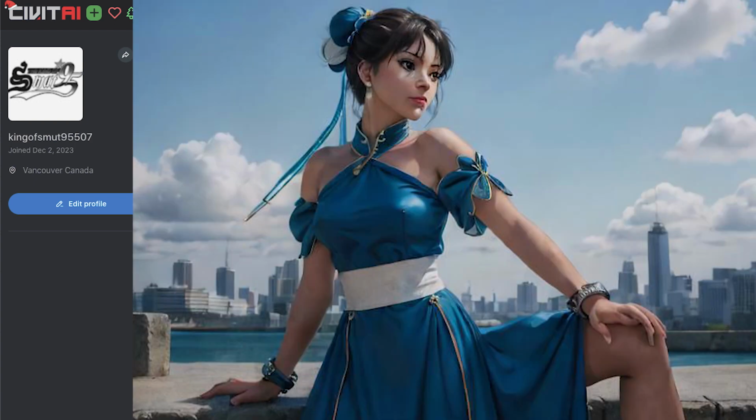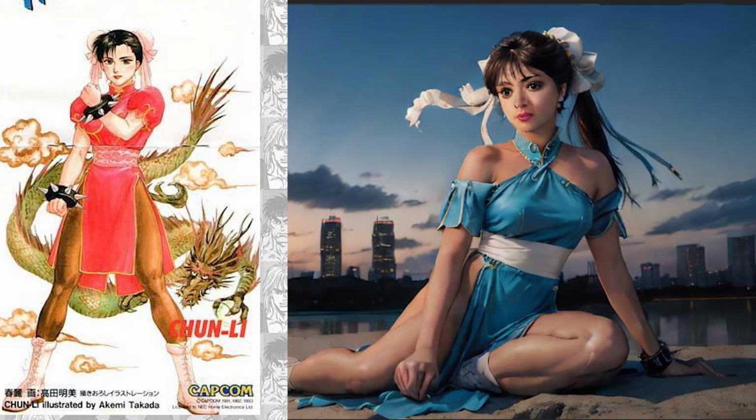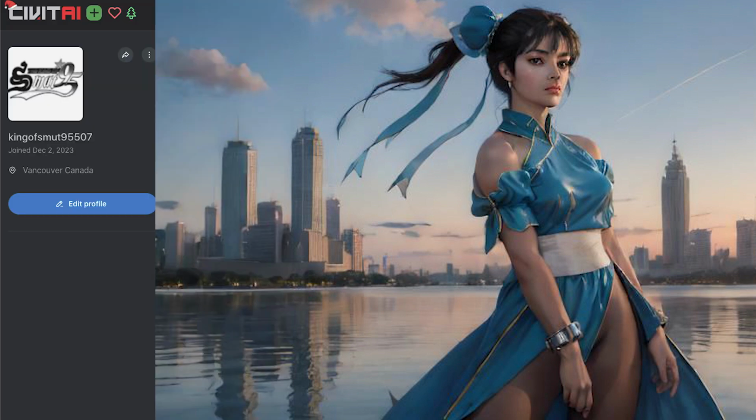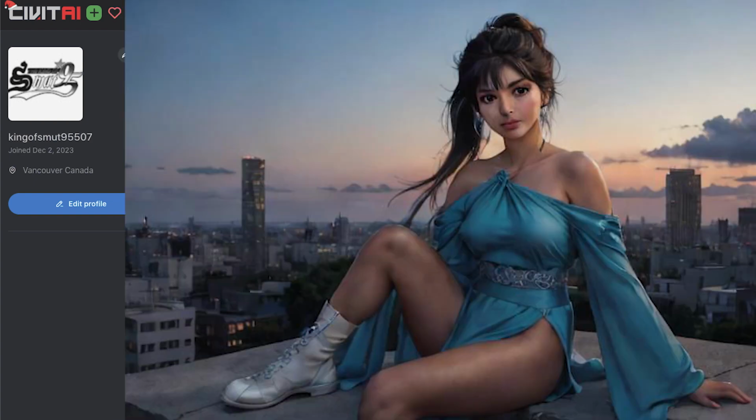So I thought, okay, this would be a good opportunity to see what I can do with that. Now I have two character packs that I can work with, and the first one is Akemi Takada. She did draw a few pictures of Chun-Li in the PC Engine version of Street Fighter. She's got some illustrations in that one. So I figure the illustrations might end up somewhat the same, but I'm guessing it'll end up more like what Madoka is drawn like, right? Basically another female character with long hair. Of course she'll have it tied in a bun and whatnot, but it shouldn't be too difficult to render that, and of course that blue dress she usually has, again not too difficult.